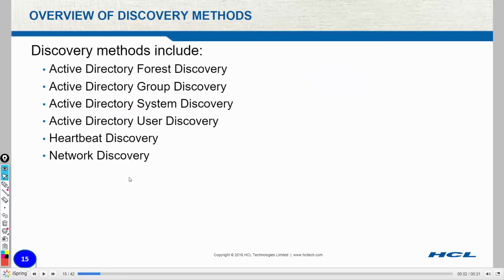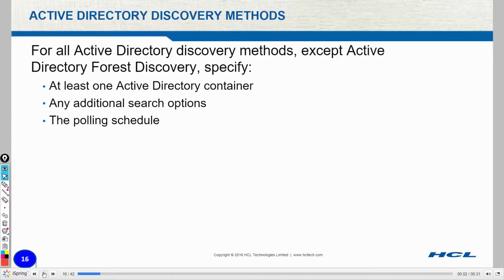Now, apart from that, we have a total of these 6 methods of discovery. We have already seen forest discovery, group discovery, system discovery, and user discovery. Heartbeat discovery is enabled by default. We didn't enable network discovery. Talking about each in a bit of detail: for all Active Directory discovery methods except Active Directory forest discovery, specify at least one AD container.